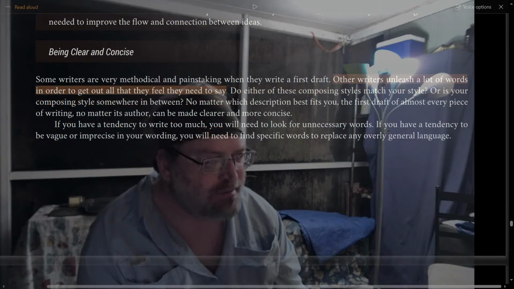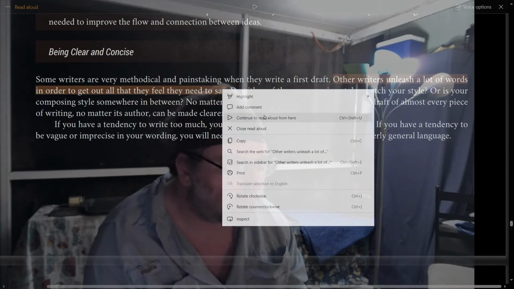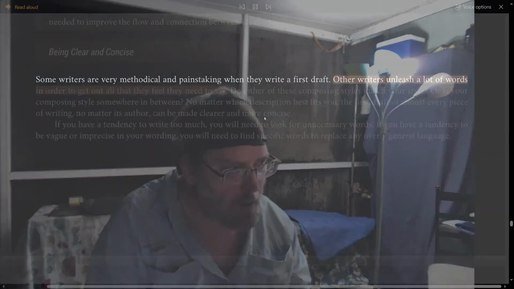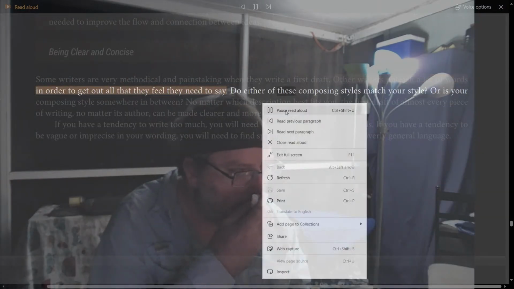Other writers unleash a lot of words in order to get out all that they feel they need to say. Do either of these